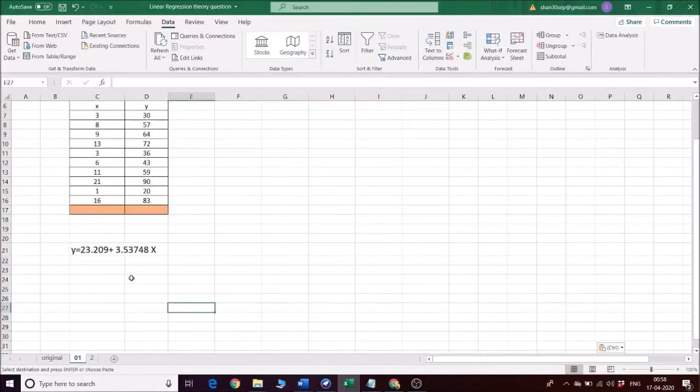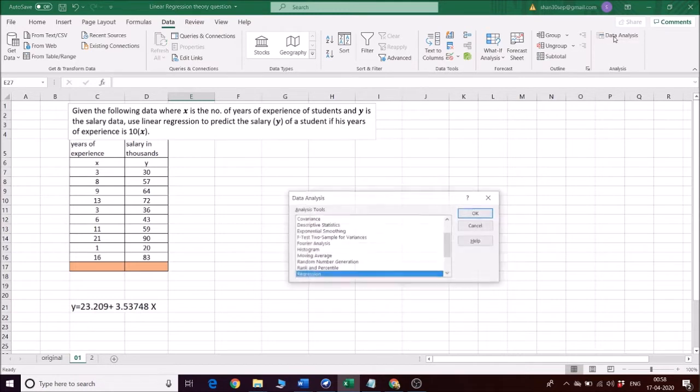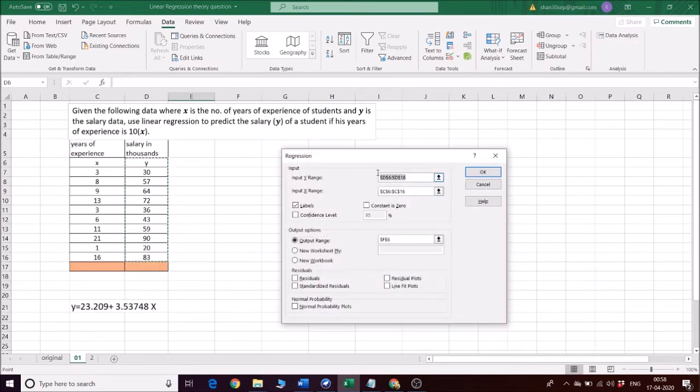So in the previous video, we did see how to solve this in Excel. We found the line of regression. To find the line of regression, we can also select Data Analysis, select Regression, and then just put the values